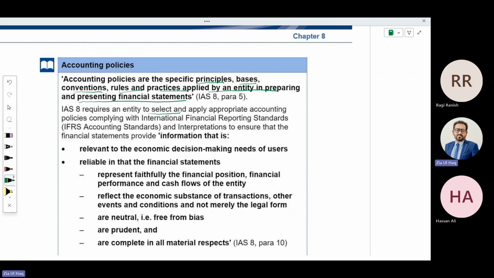IAS 8 requires an entity to select and apply appropriate accounting policies complying with IFRS. Accounting policies should be appropriate as per IFRS. You need to see whether this policy is allowed by the standard, and interpretation, to ensure that the financial statements provide information that is relevant to the economic decision-making needs of users and reliable. Whatever policies you have adopted should be relevant to the needs of users, and must be